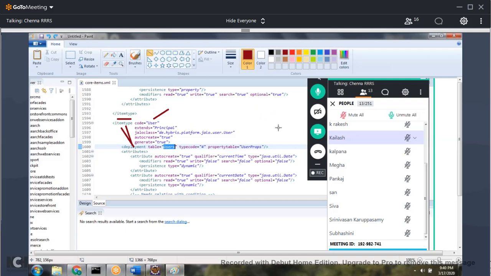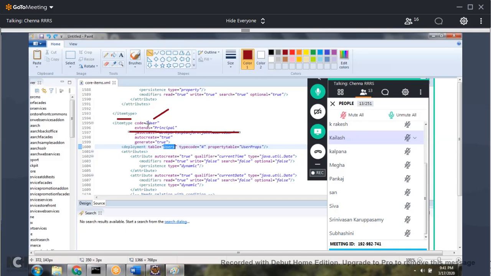Next, Jalo classes. Please remember this. Jalo classes are deprecated. We don't need them in the latest versions. The Jalo sessions are there, but Jalo classes are not there. So these are completely deprecated, and that's why let's not spend much time there. You can still see Jalo classes because they are carried over from the old versions.